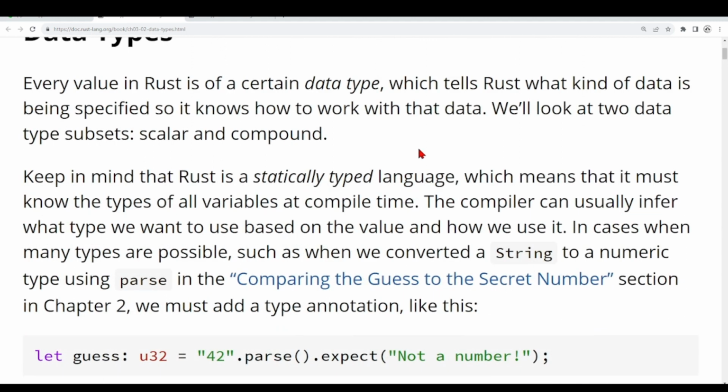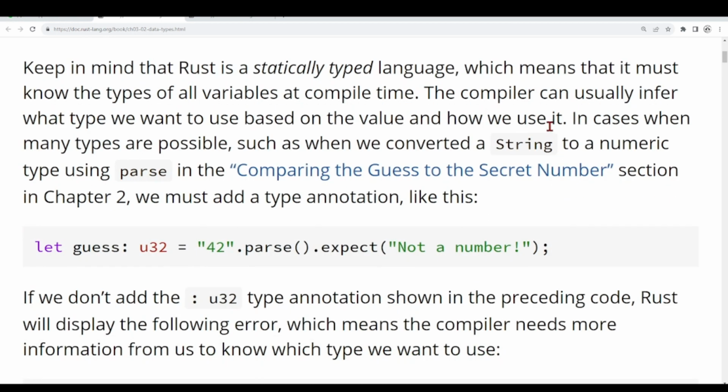Keep in mind that Rust is a statically typed language, and that means that it must know the types of all variables at compile time. The compiler can try to infer what type we want to use based on the value, but there are cases that there are many types possible, and it's very good practice to declare the type when we declare a variable. One example in such cases when there are many types possible is when we have this line of code here,